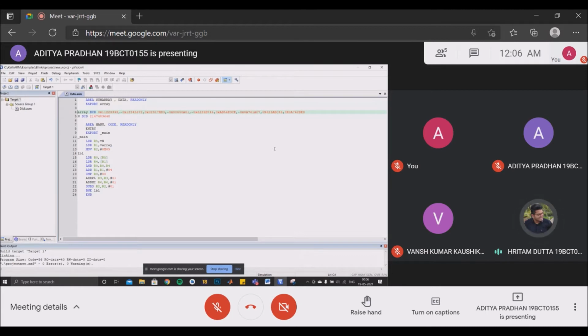R3 register here will store the counter for positive elements, and R6 will store the counter for negative elements. There are two inputs to be initialized. One is the number of array elements and the other is the constant value, as you can see in line numbers 4 and 5. This constant value is in hexadecimal format. It will be used to perform an AND operation on every element to determine whether it is a positive or a negative number.